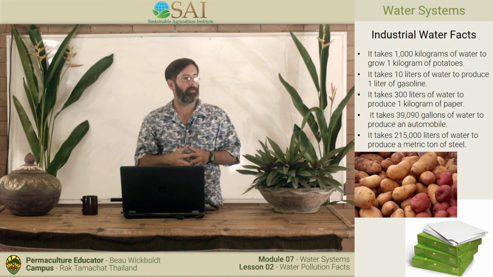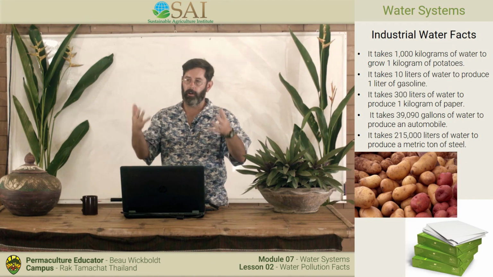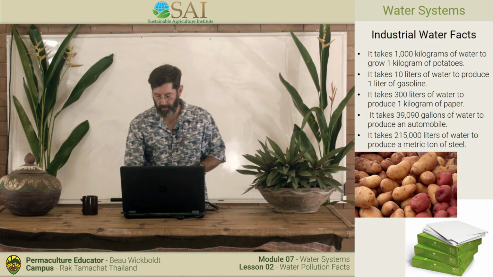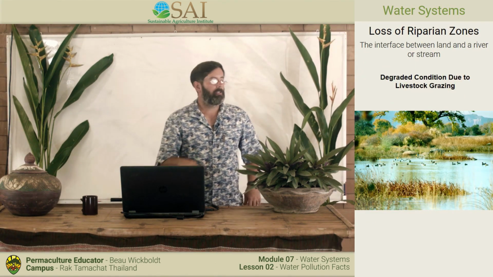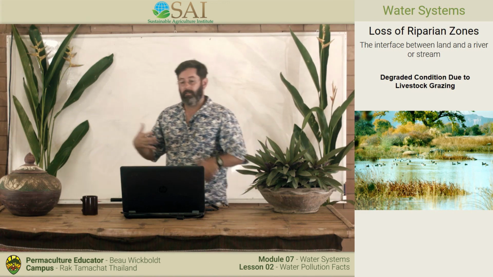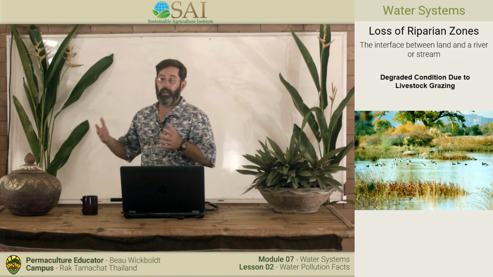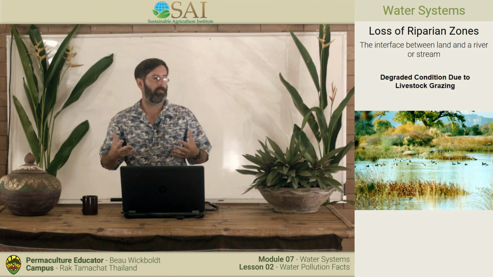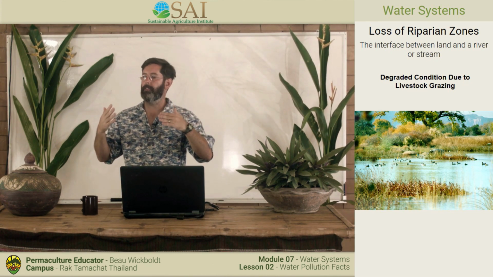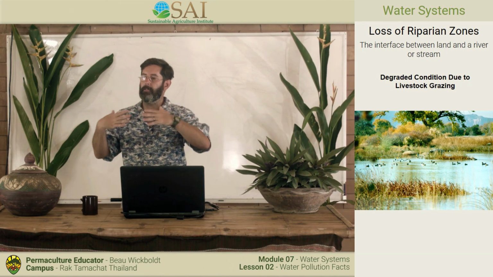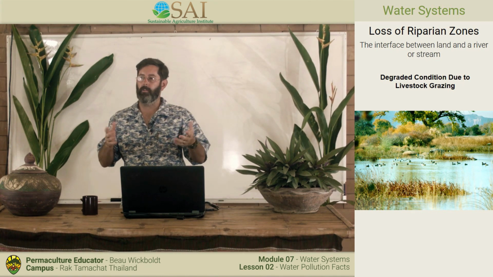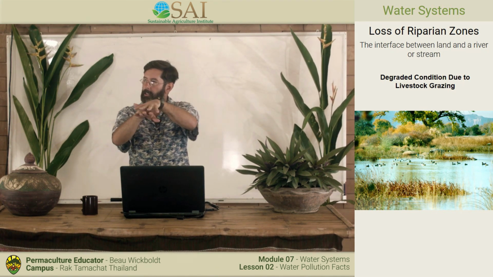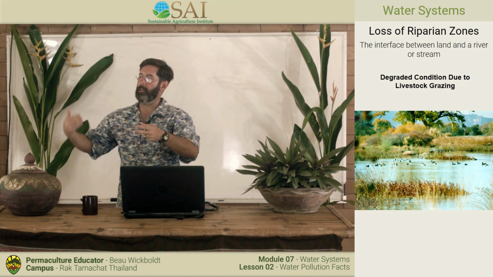So these are things from a permaculture standpoint we want to look at. How can we harvest water and use it in a more efficient manner? Also, the problem with water is that we have these zones between our land masses and streams and rivers, for instance, which is called a riparian zone. This is the area or the interface between two systems, and this area is basically where nature cleans water. Overland water flow comes through the trees and is filtered before going into the river.